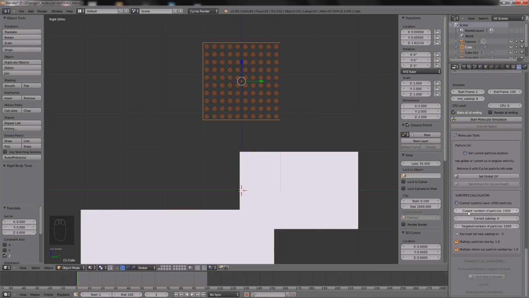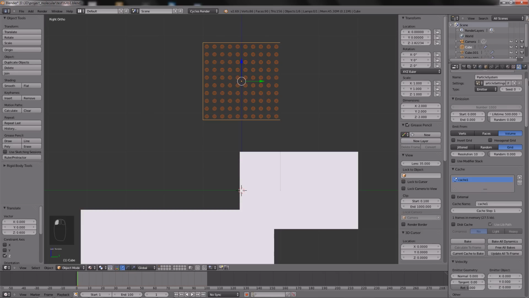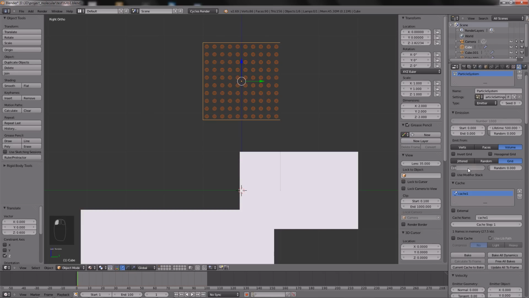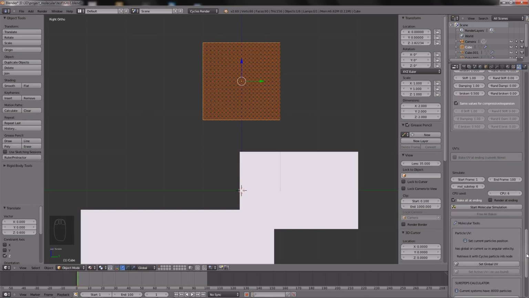So you put here the current number of particles, which is 100. Your current substep is, I don't know, probably 6. Just put another number than 4. If your current substep is 6 and you want to increase your resolution to 20, if you go down again,